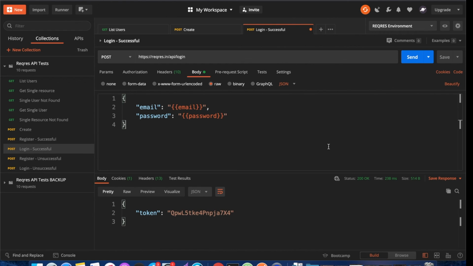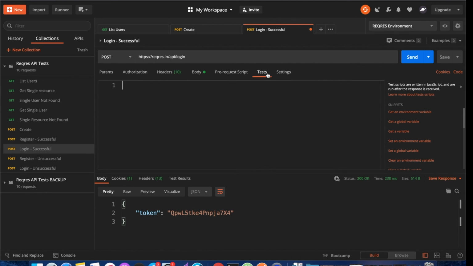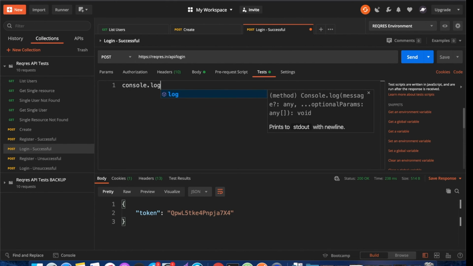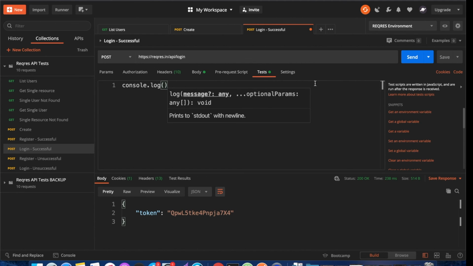And sometimes you might be wondering, okay, now I have these variables right here. How can I make sure that I can specify in the test that I'm using these credentials or passwords or anything like that? So I do console.log. And remember, when you use tests, they're all written in JavaScript. It says right here also. So I could do console.log, and then if I want to see what that variable's information is outputting, I do